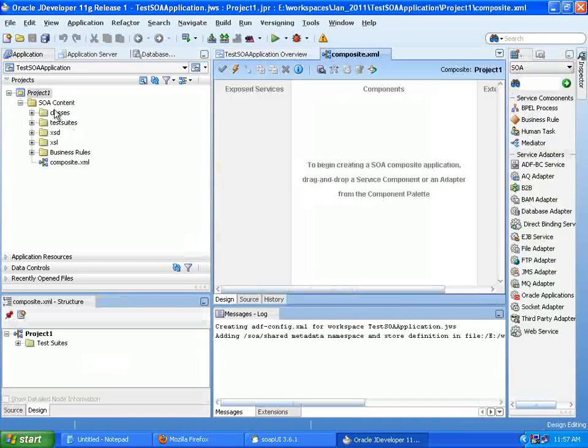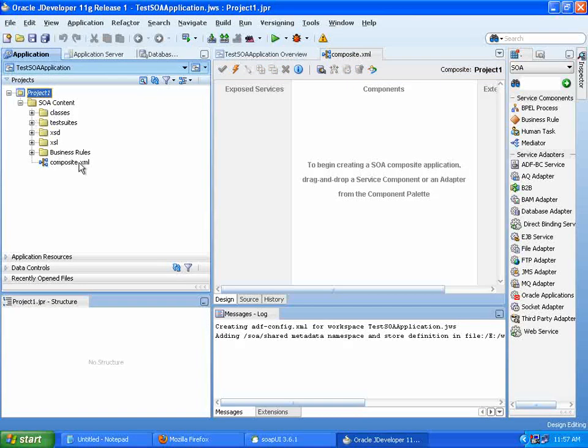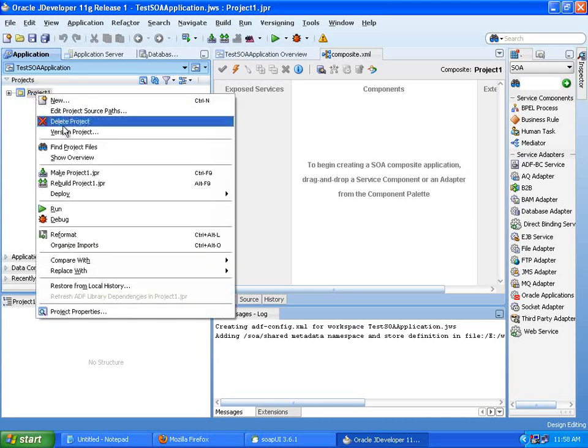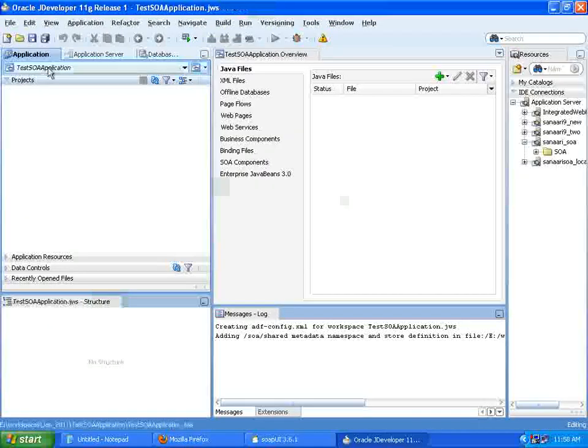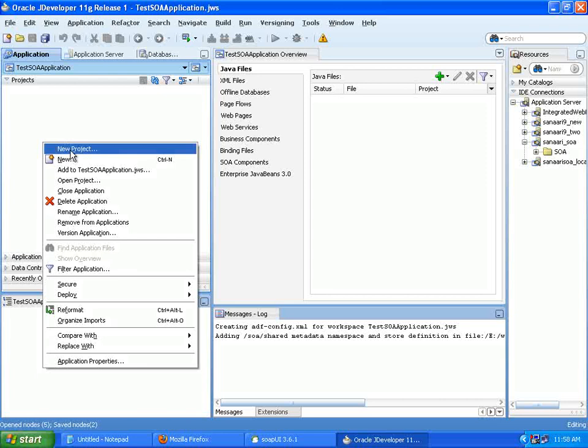And automatically your application will be shown here and your project will be shown here. Okay, see, basically by default it will have the project 1. So what you can do is delete the project and remove the source code also. So now this application is an empty application. Is it an empty application? Yes. Now if you want to create a project, you can right click here, say new project,